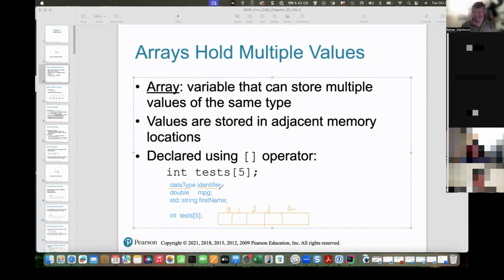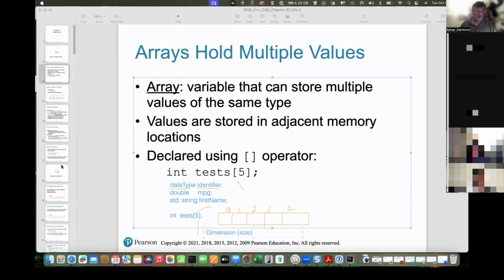But all those rules apply. So the only new thing that you're learning is this operator and then the dimension. Dimension is this number here, which we call dimension or size of the array. So keep that in mind. I'm going to put here that this is dimension or size or number of integers or doubles or characters or whatever else you are allocating. All right, so